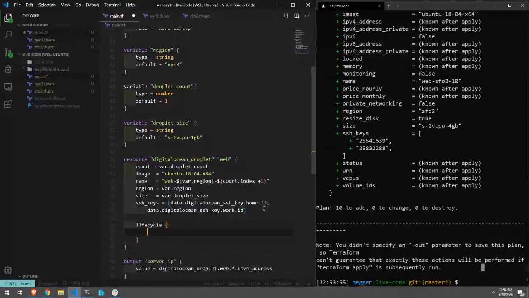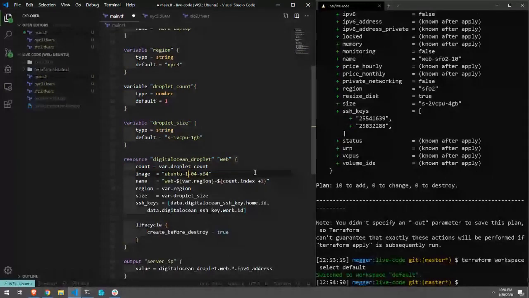Terraform workspace select default. If I were to change something in here, maybe I change the count, or let's change this image from Ubuntu 1804 to 1604. If I were to change this, it's going to actually tear down my old resources and spin up 3 new ones,